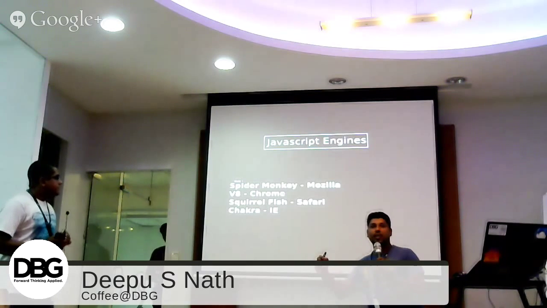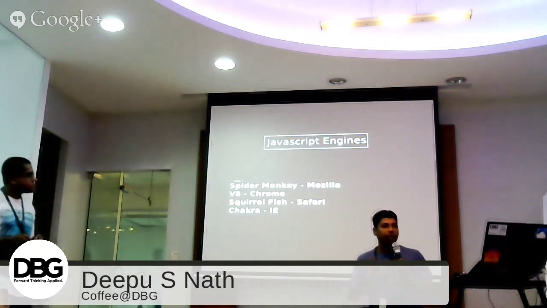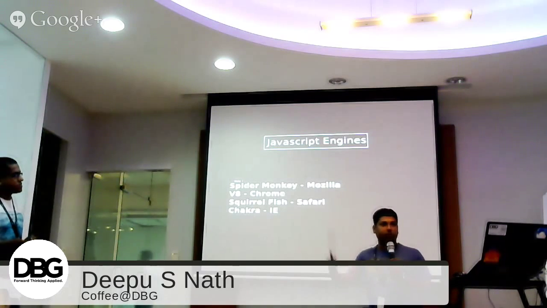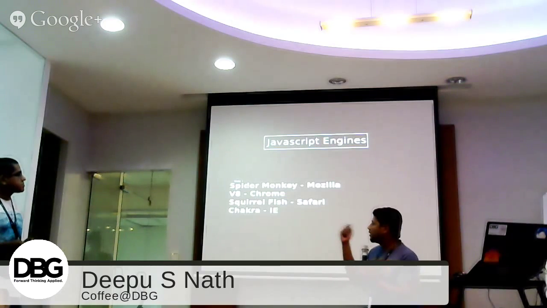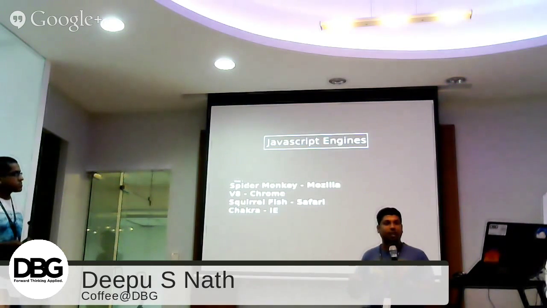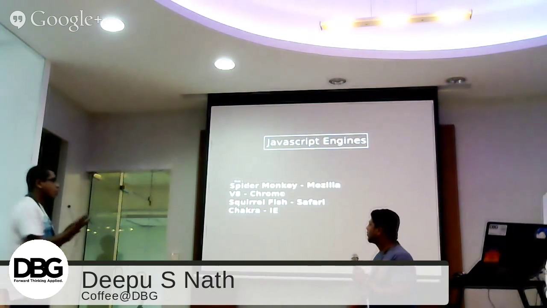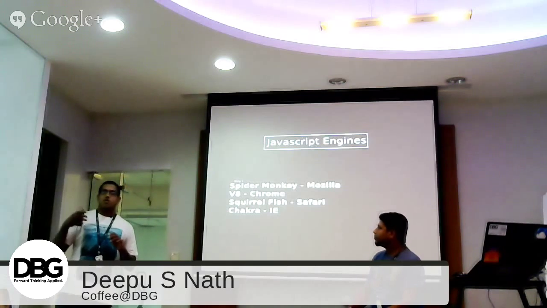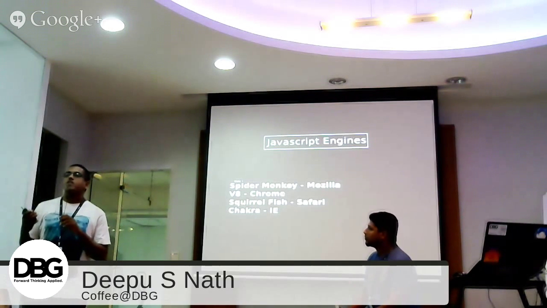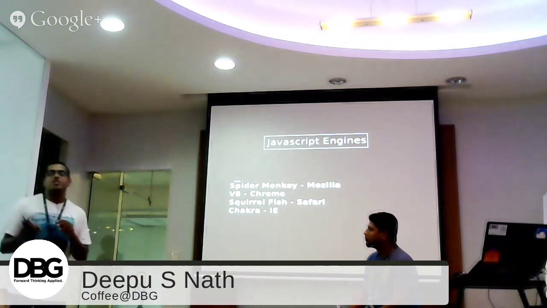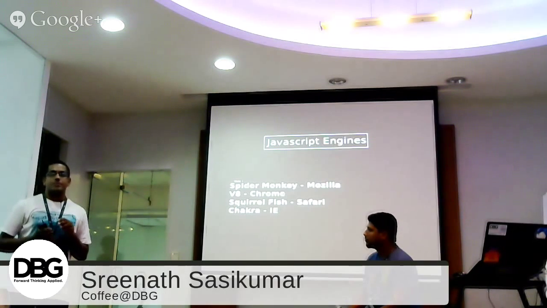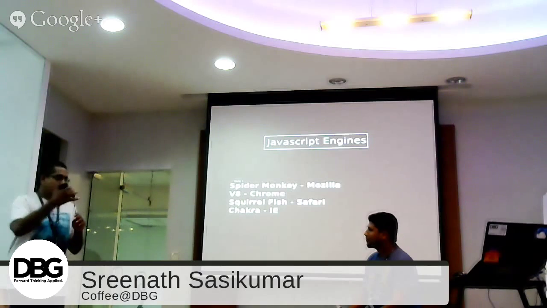The problem is that the JavaScript engine has a very important part in the speed or performance of the browser. So the browser which has the fastest JavaScript engine will be the best one available. So there was a competition. And that is when Chrome came into the picture. When Chrome came in, Chrome was the fastest. It had the fastest JavaScript engine at that time. But then different browsers started creating their own versions of it, and they were moving ahead. For example,